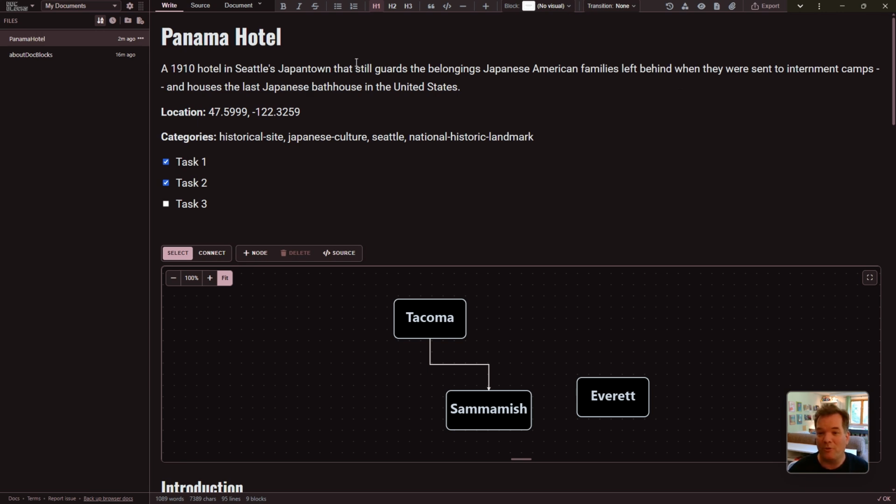So that was a whirlwind tour of everything inside of DocBlocks. Again, link below if you've got feedback or feature requests. I mean, this is basically free open source software. So if you have a use for it, if you have a cool scenario for it, I know I've got some that I'm working on, but if you've got a cool use for it, let me know and we'll see about getting it in. I hope you find DocBlocks useful,